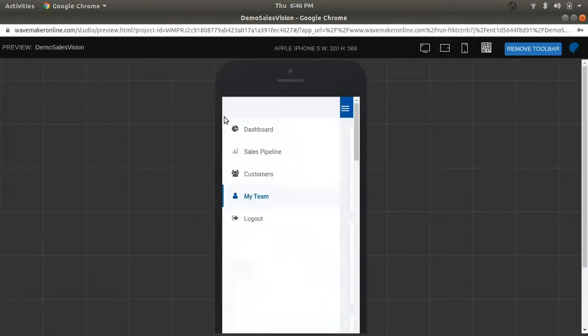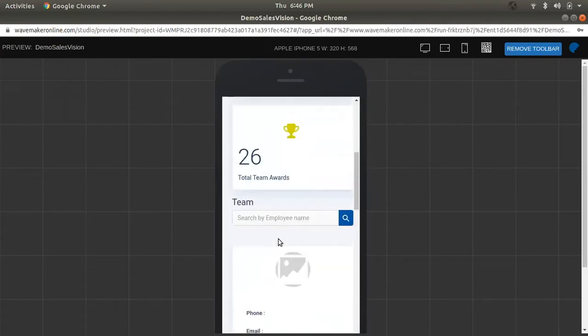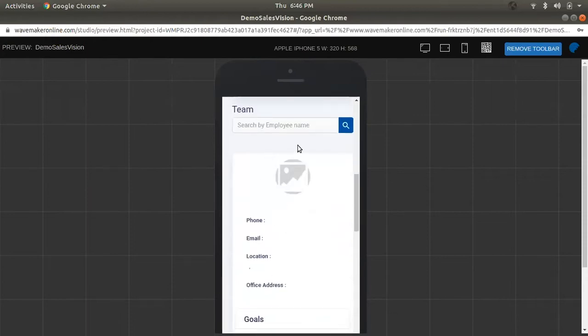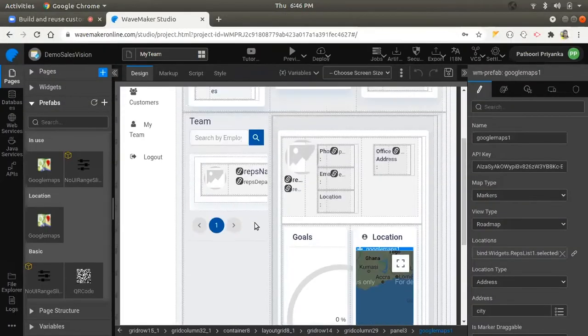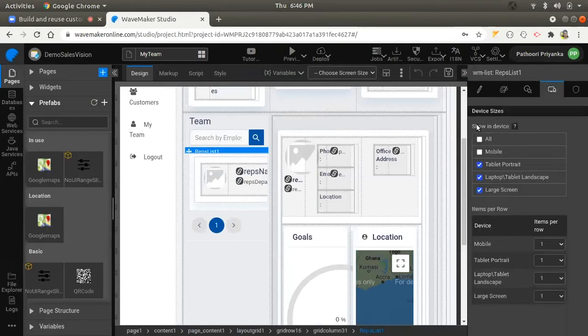As you can see, the left nav view is changed completely in the mobile view, and also widgets are aligned in a different way in the mobile view. So this shows how responsive the Waymaker applications are. Also, if you see in mobile view, the employees list is not shown here, whereas in other views, we were able to see the employees list. So how did we achieve this? For each widget, platform provides device-based show or hide configuration, which can be done here from this show in device section. Here are the different types of devices available for the configurations.